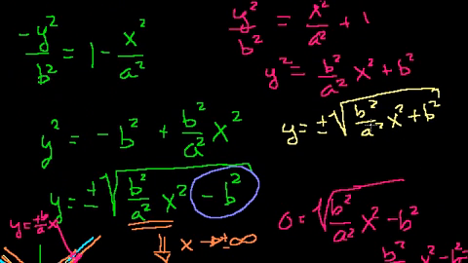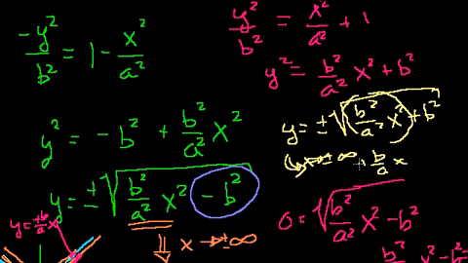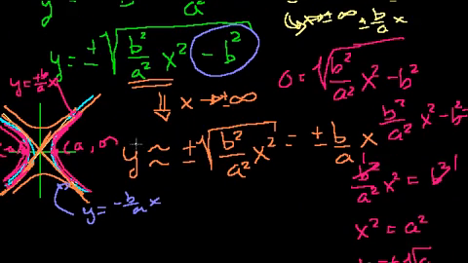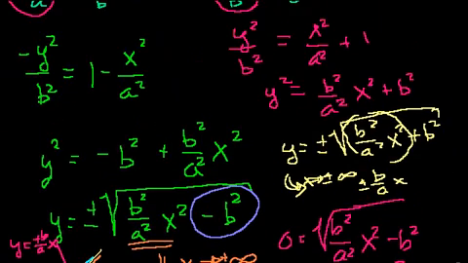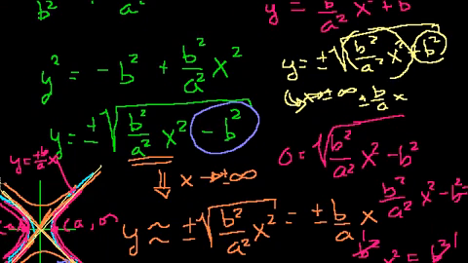We can make that same argument that as x approaches positive or negative infinity, this little constant term right here isn't going to matter as much. So you're just going to take the square root of this term right here, which is essentially plus or minus b over a x. And once again, those are these same two asymptotes, which I'll redraw here. That line and that line. But in this case, we're always a little bit larger than the asymptotes. Especially in the positive quadrant, that tells us that we're going to be up here